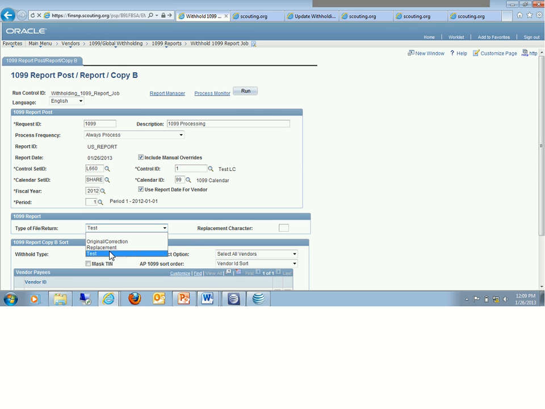If you don't file electronically, you don't have to go back in, run this process again, and change it to original or correction, unless you have to go back in and make changes. Okay? So if you're just going to go ahead and print the 1099s, manually create a 1096, and send it into the IRS, you don't have to go back and run this process again if there are no problems with the 1099s that you generate at this time. Okay? So I'm going to select test,